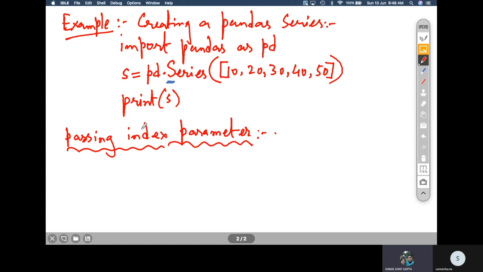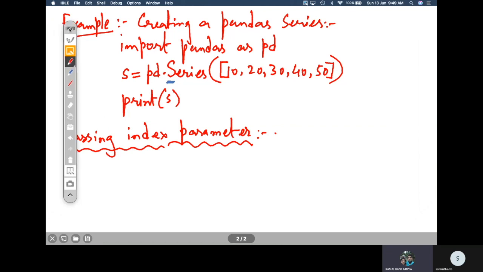Now what is this index? This index is the label name attached with each value. By default the label names are 0, 1, 2, 3, 4, like that. As we have seen, the output will be something like 0, 1, 2, 3 and 4, and then we will have 10, 20, 30, 40 and 50, and then the D type will be int64, right?